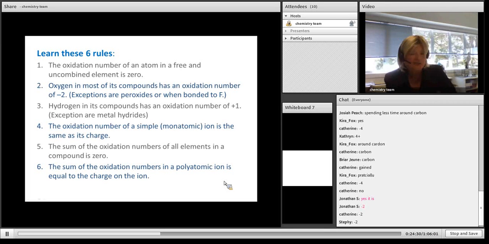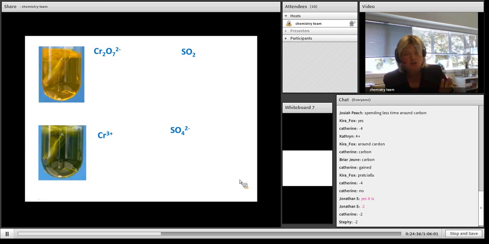I know that's a lot to take in, especially if you can't remember those rules from last year, but they are in the book, so you just have to learn them off by heart, and practicing a lot will help you remember them. So here are the 4 species we looked at in that tricky example. Let's work out the oxidation numbers for each one. So with dichromate,